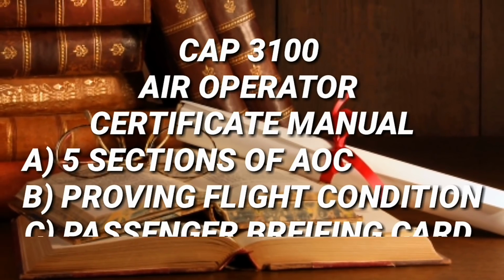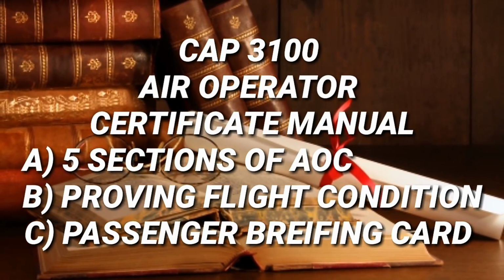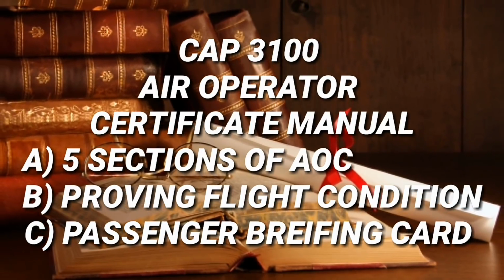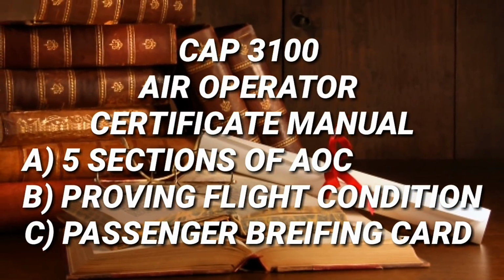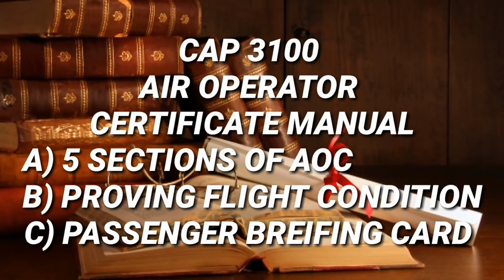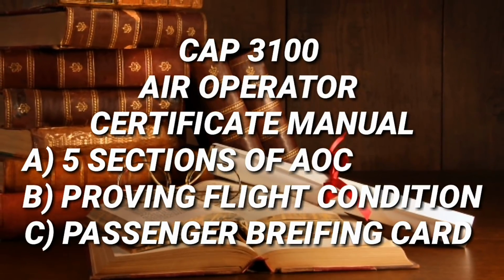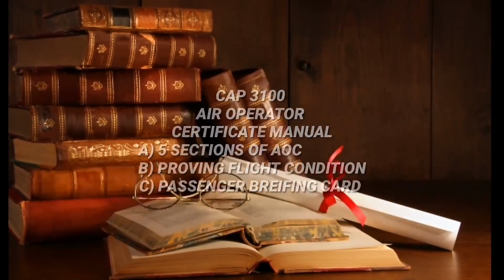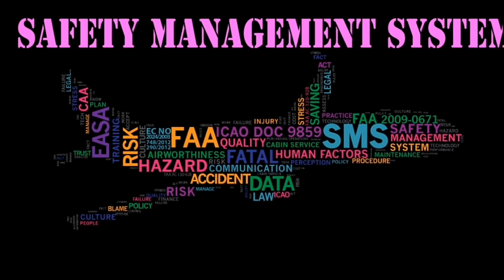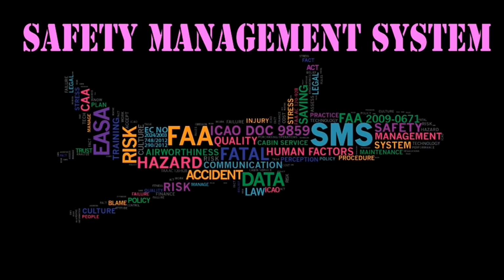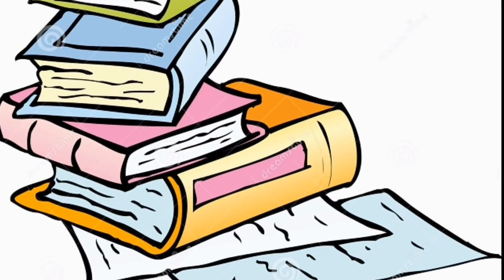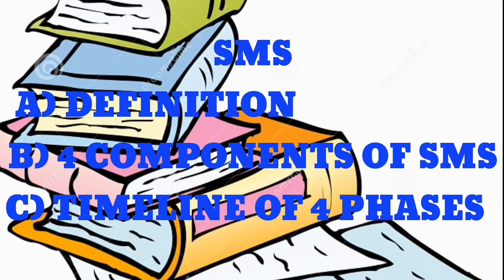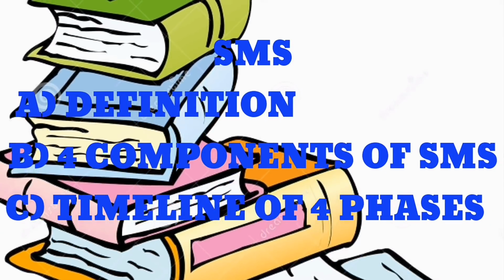The most important topic is CAP 3100 Air Operator Certificate Manual. In this, DGCA can ask 3 to 4 questions. They mainly ask from 5 phases of AOC and proving flight conditions, as well as about the passenger briefing card. So study it well. Next comes the safety management system. It is a favorite topic of DGCA. In this, they can also ask 3 to 4 questions, which include definition, 4 components, and timelines of 4